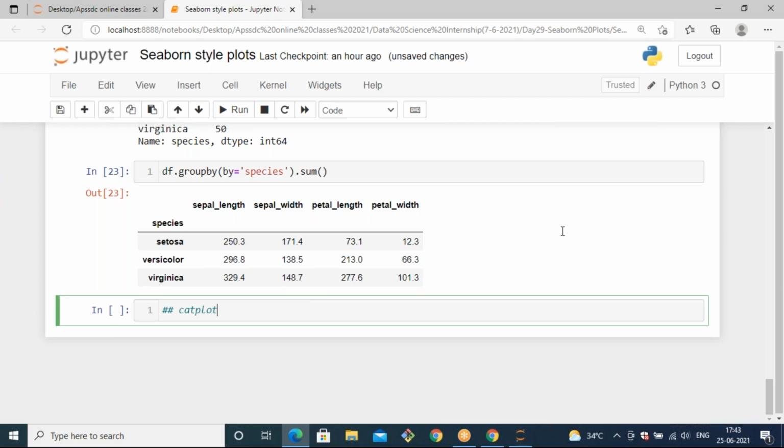Okay, the advertisement data also doesn't have any null values. Okay, I will give you some other data set with some null values. At the end of the class, I will give you some other data set.